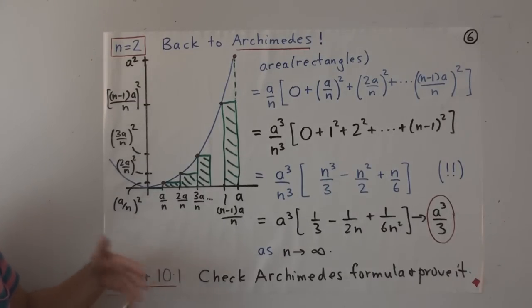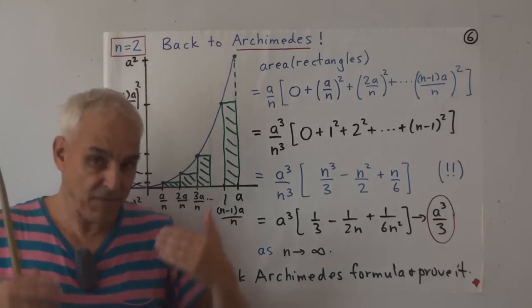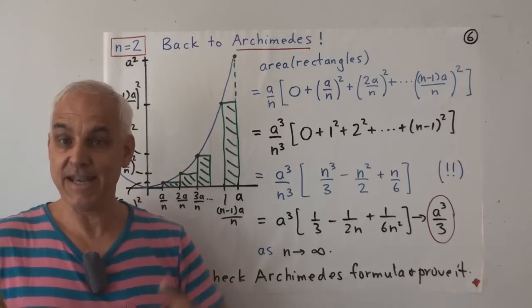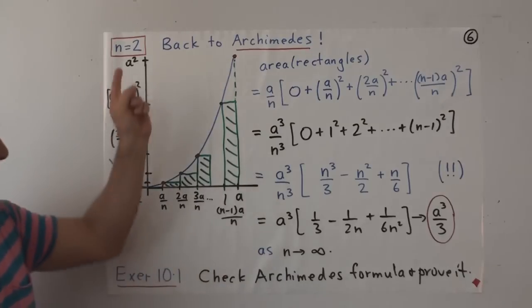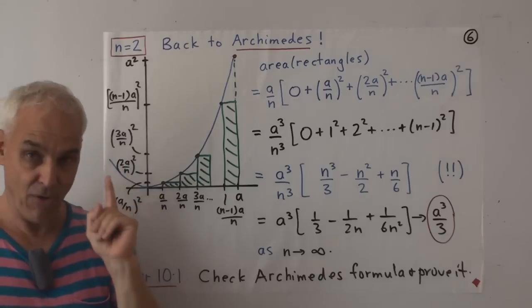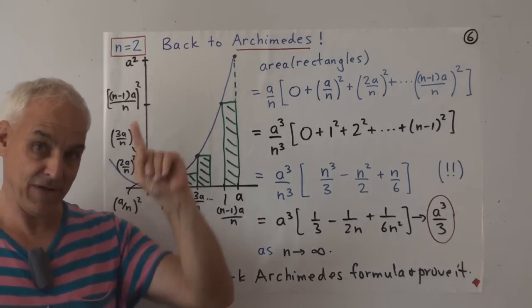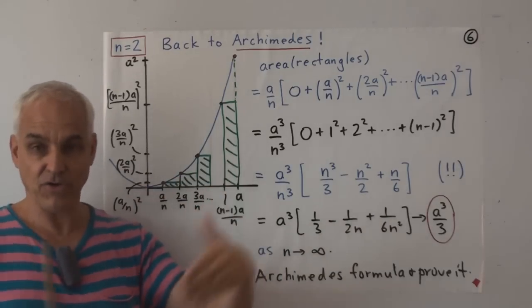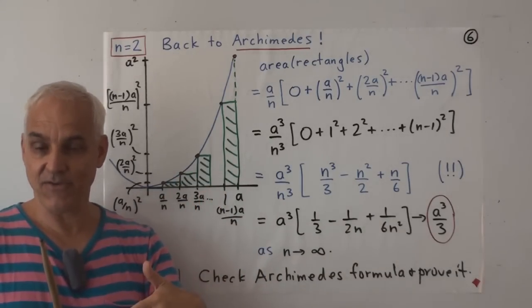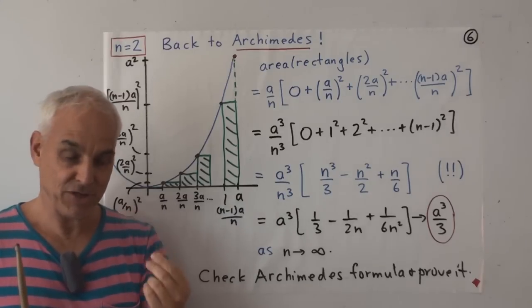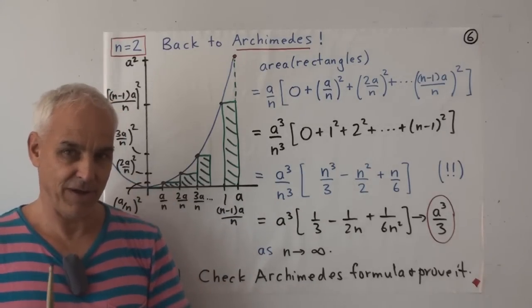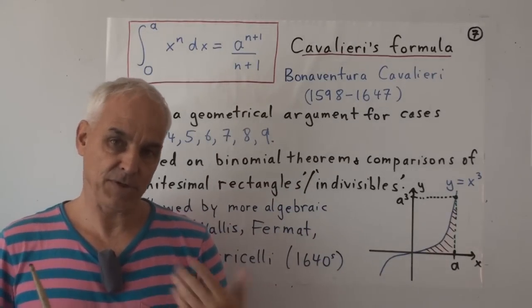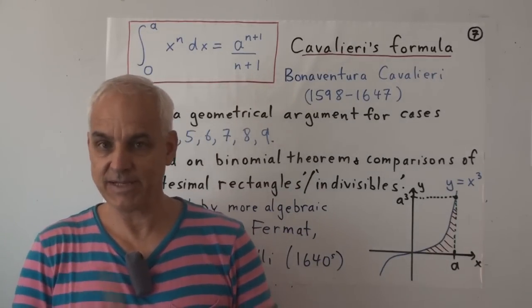All right, so this kind of computation, this understanding, would have been in front of the 17th century mathematicians. And that's where we go to now for the next development. We're now looking at what happens if we jack up this power to go from n equals 2 to n equals 3. That's a big jump because we no longer have a quadrature formula like Archimedes gave us for the cubic. Cubics are quite different from conics geometrically.